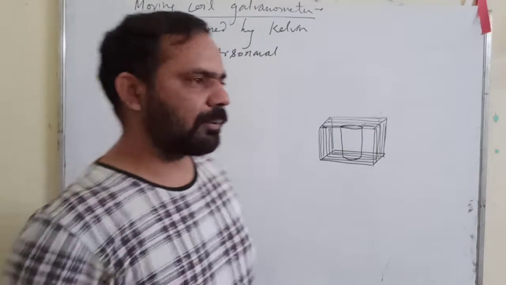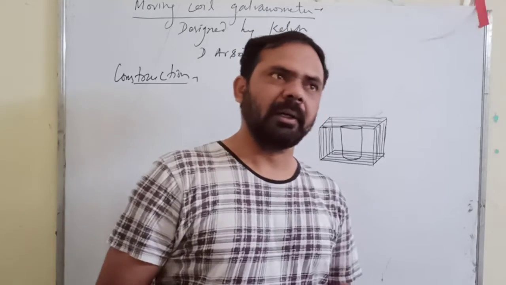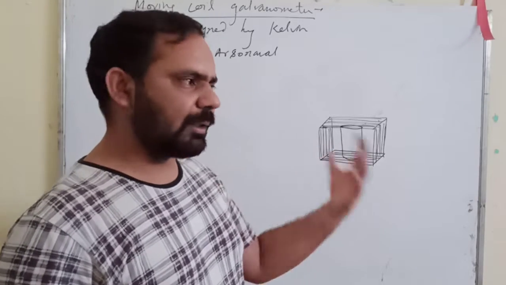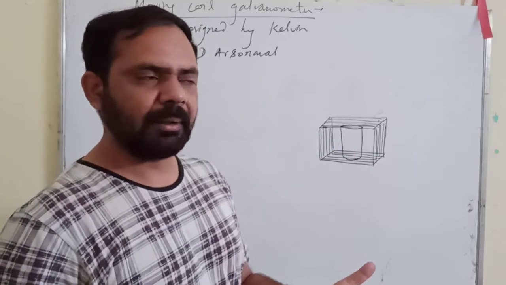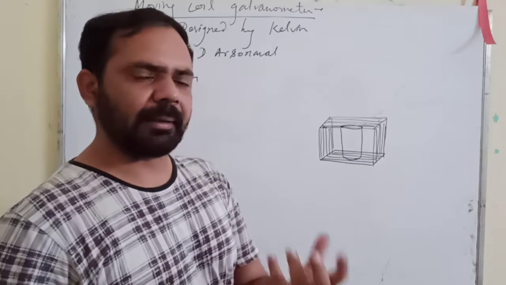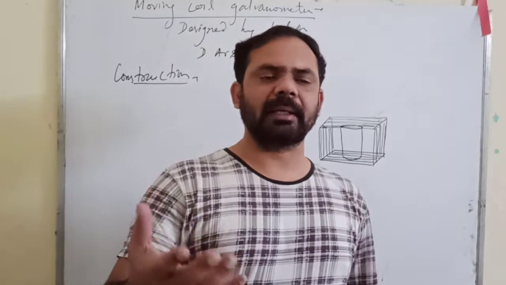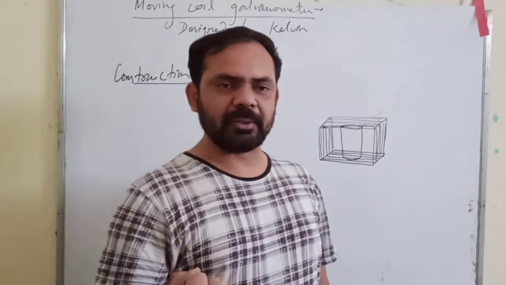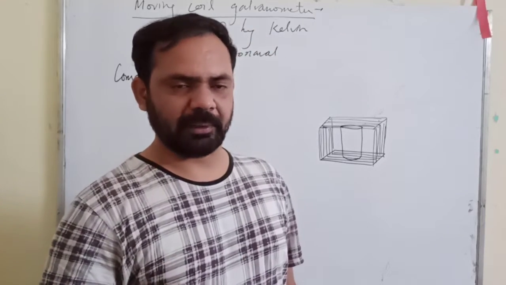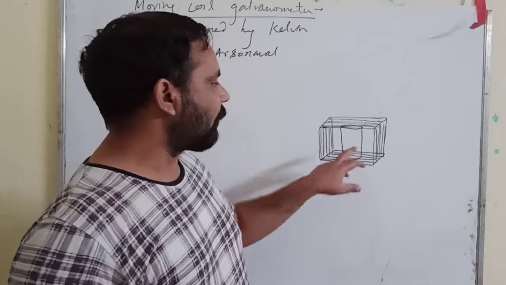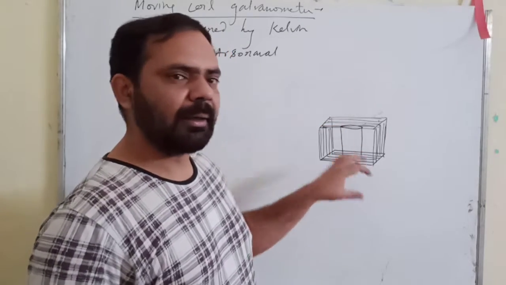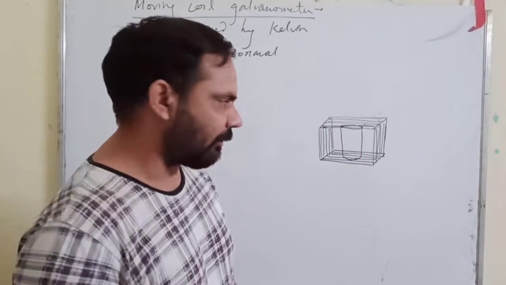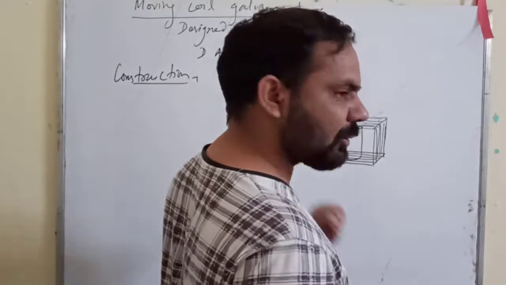The reason for placing this soft iron core is to intensify the magnetic field here. This part is also included in your 5th chapter: soft iron has the property that it is considered a ferromagnetic substance. Ferromagnetic substances are those which get magnetized strongly when they are placed in a magnetic field. So when we place this soft iron core here, it strengthens the magnetic field in this region. This is the reason for placing this soft iron core.